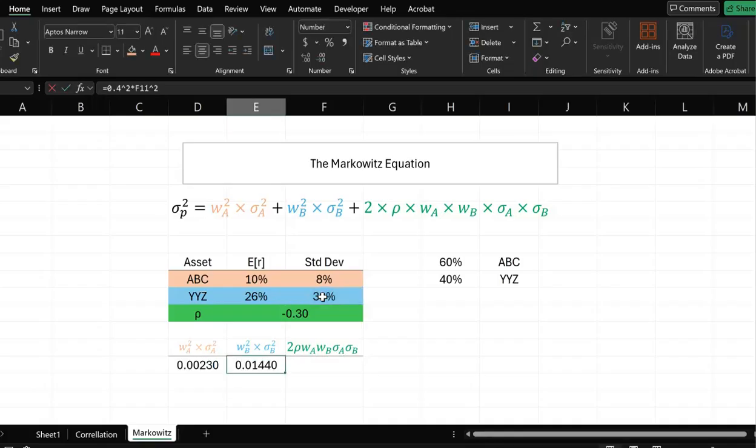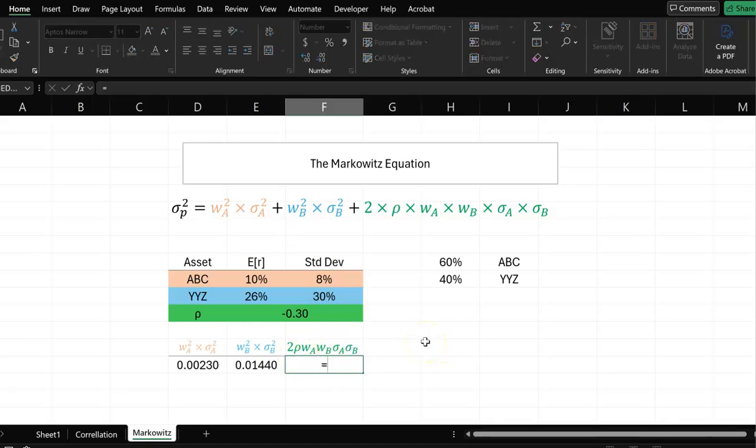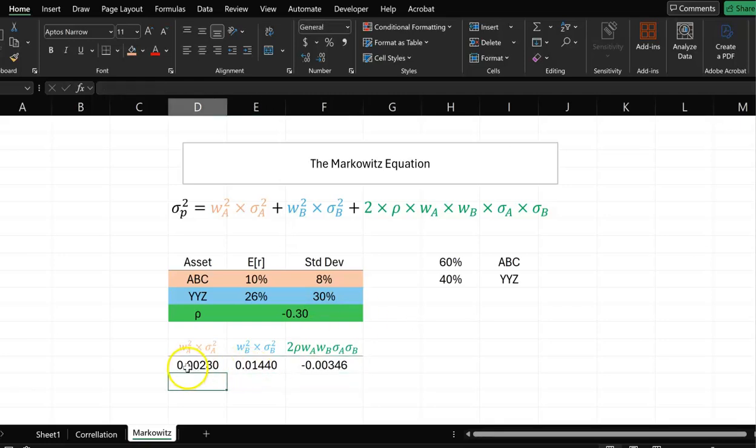That term. And then this last term, notice there's no squares in here. You just multiply everything together. So it's the number 2 times the weight times rho, which I'm just going to click on. Rho is minus 0.3, times the weight in A, that's 60%, times the weight in B, that's 40%, times the standard deviation of A, which is 8%, times the standard deviation of B, which is 30%. So that's that term there. Now I have them all. If I add them all up,